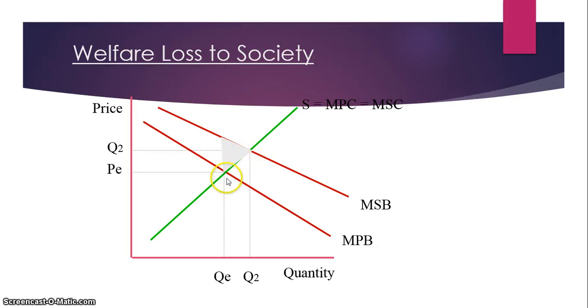Now, where my cursor is right there at the marginal private benefit line, this is where the economy starts from. This is where we are in a free market. But the socially optimum level is up here, where the marginal social benefit line is. And just look, there's a difference in quantity. So quantity at the free market is at QE, but it goes up to Q2 when we're at the socially